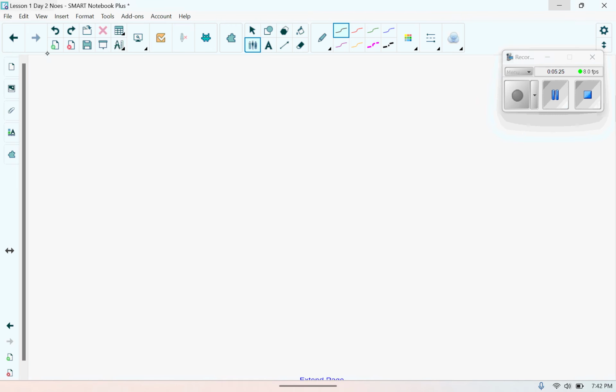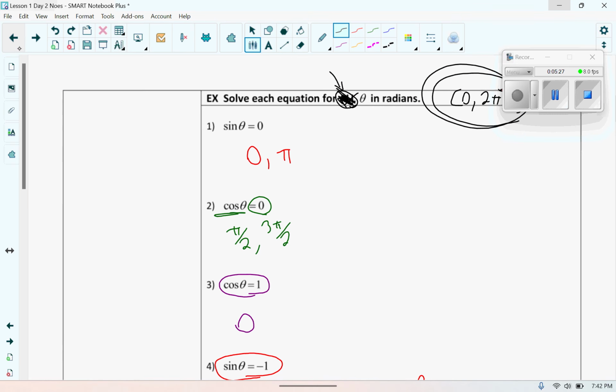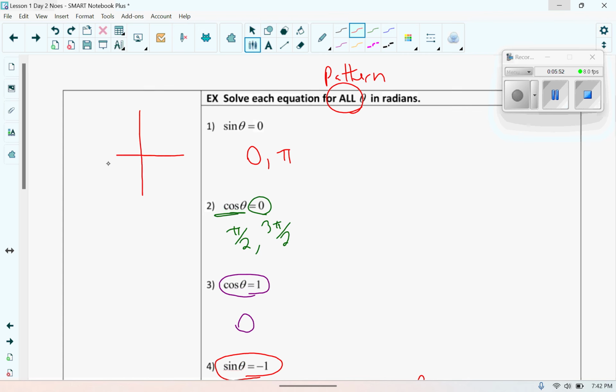Okay, now we're going to talk about the pattern. So I'm going to erase all this, and we're just going to talk about for all radians. Okay, so this means pattern. It doesn't matter if it's 0 degrees or 1,000 degrees or, in terms of radians, whatever, we're going to create a pattern. So think about what we just talked about, that sine of theta happens at 0, and